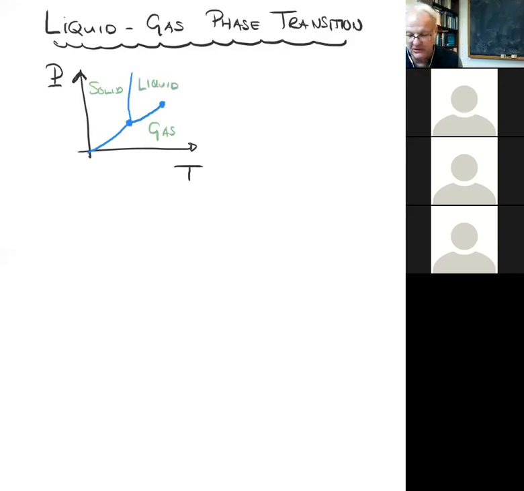Okay. And so, for example, at atmospheric pressure, you can take the system and just heat. That's an experiment that in some sense you often do. So you could do this at atmospheric pressure, and you would just cross these lines. So this is heating at P equals constant, atmospheric pressure.